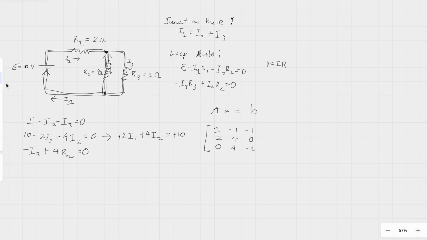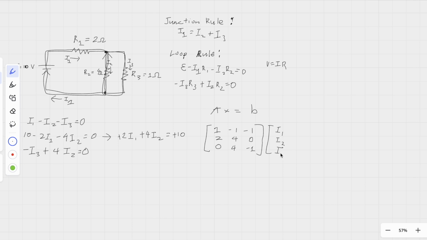Oh wait, this thing should be I2. Sorry about that. Right, that's matrix A,